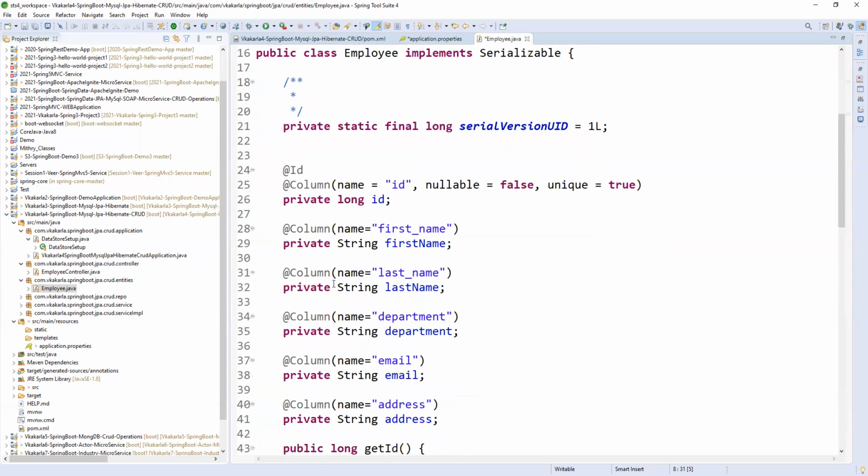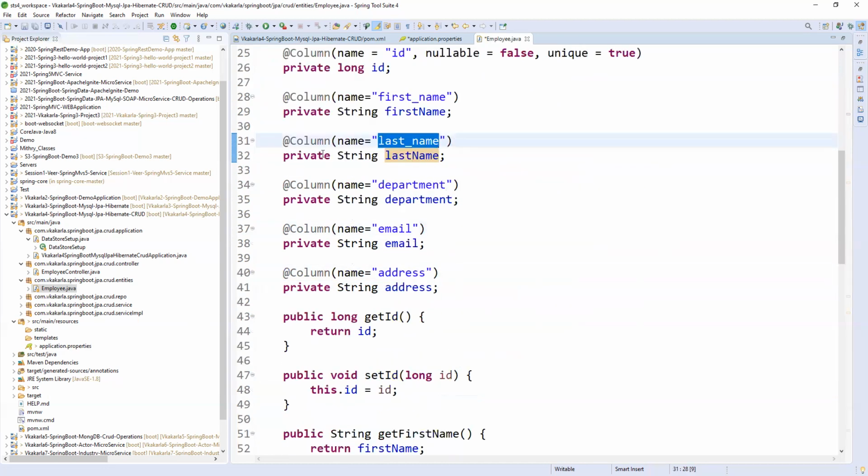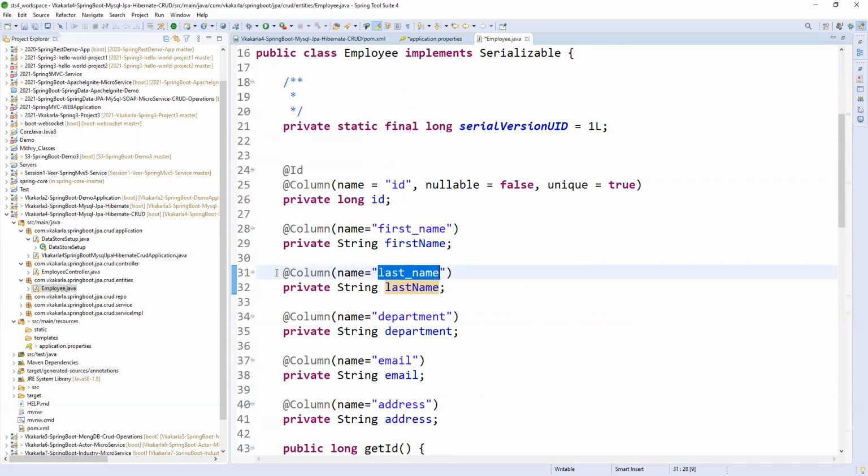Okay, fine. Now the column name of the table, first name, the column name of the table, last name. This is the Java object variable, and this is the table column. So like that, we need to define columns with respect to the fields also. If you are not defining a column, the same name will be taken as the column. So that is the reason we can define columns on top of each and every field.